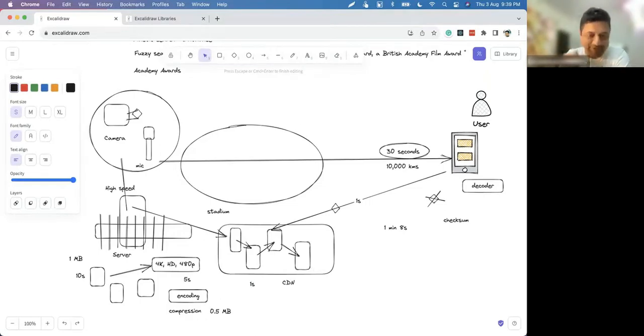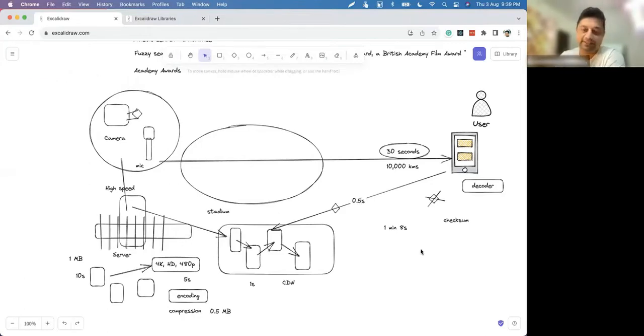Assume 50% compression. CDN replication time will also get reduced because less data has to be replicated. Network latency is also reduced because only 0.5 MB is now required. And you just have to wait for 10 seconds here.